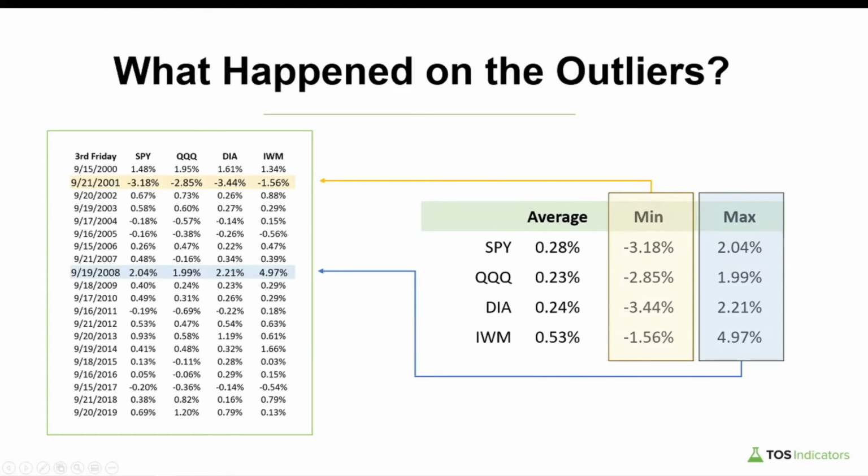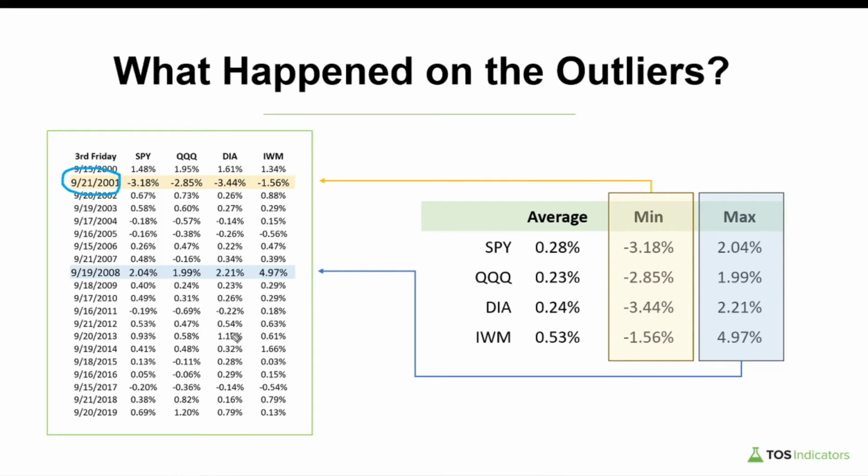So coming into the next slide here, now if we take a look at both sides of the outliers, so this is both the min and the max, you'll notice that our min came on September 21st, 2001. This was a few days after September 11th, where we did have, just from a market standpoint, a good amount of volatility, which explains why we saw these minimum moves here as opposed to closing the day in that plus or minus 1% range zone.